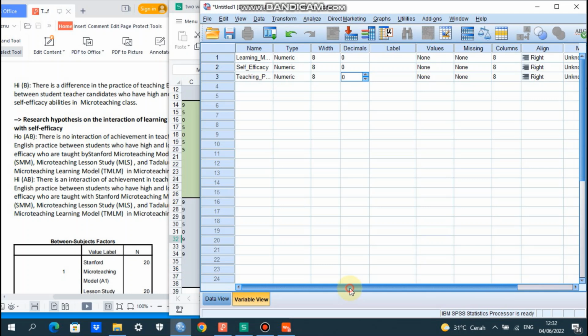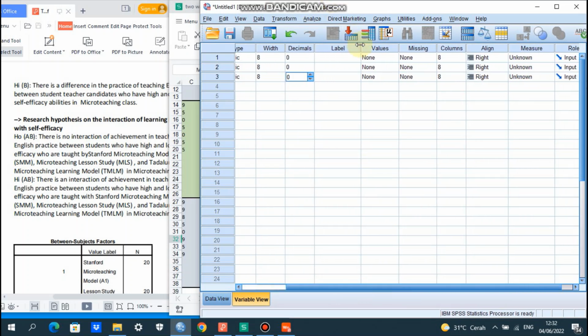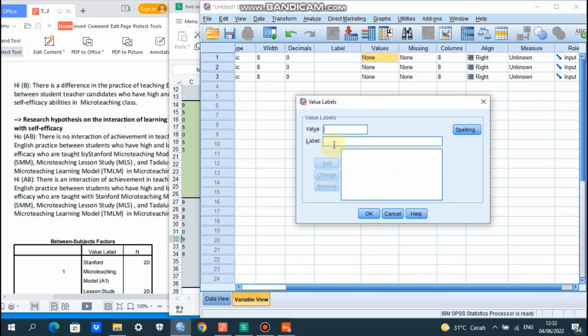And then the next, the values. We have the values for learning model. We have 3 factors. Number 1 is the Stanford micro teaching model, A1.